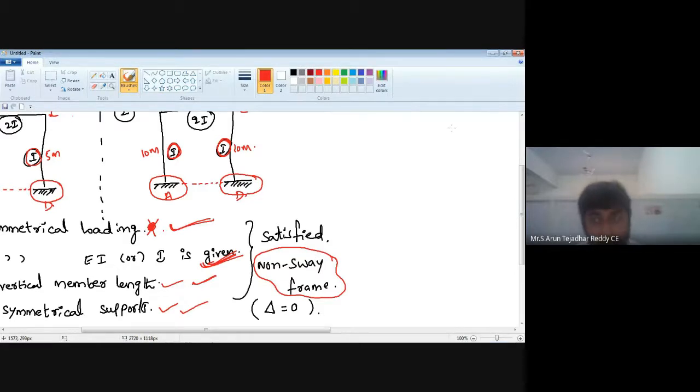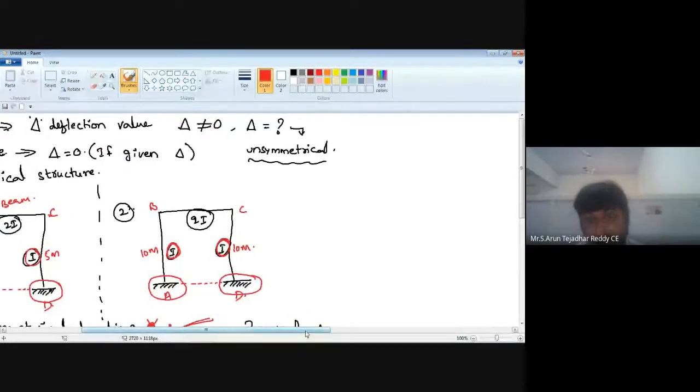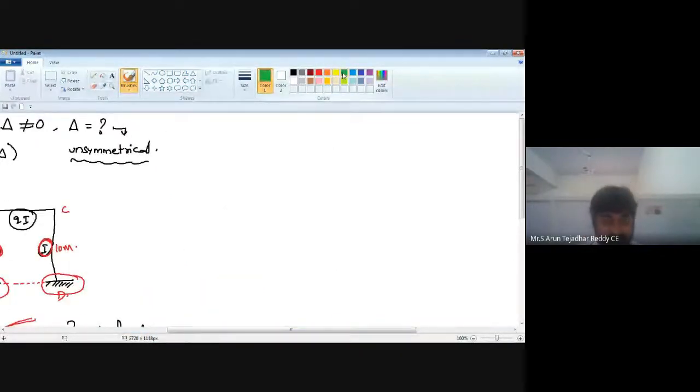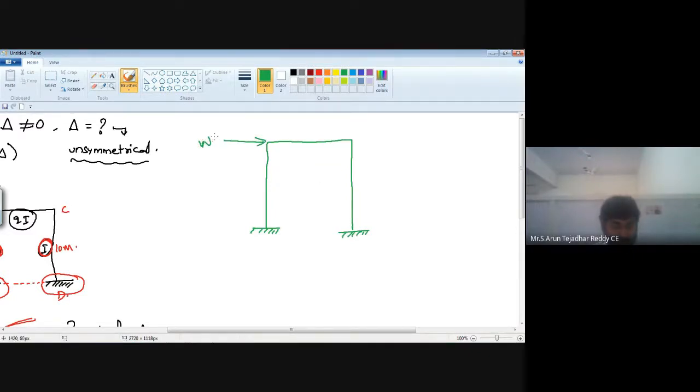See, other than these 4 conditions, what are the conditions we have? If you take the first diagram, this is our first diagram. Here some load is acting, W. Now just listen carefully. This is a sway frame structure, because here we have one horizontal load. So due to this horizontal load,